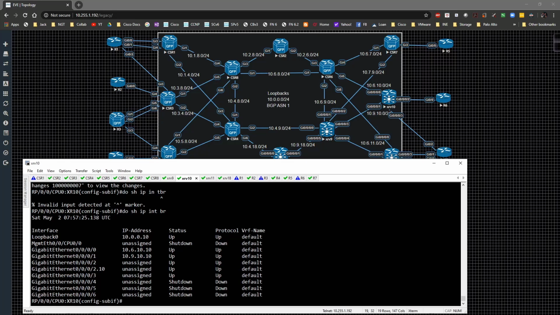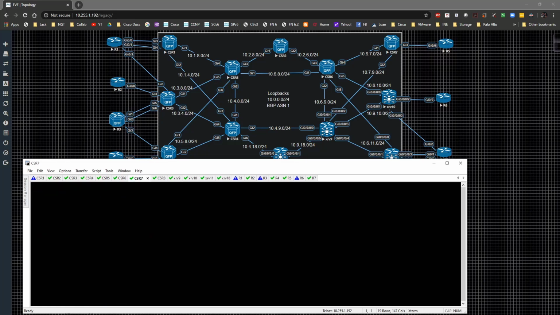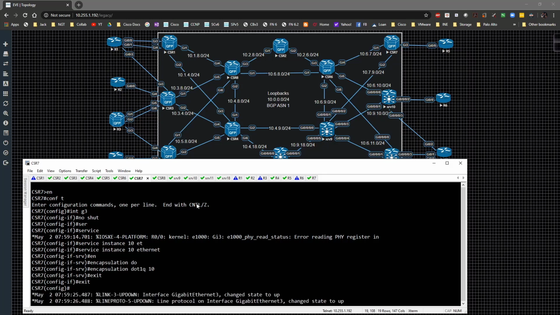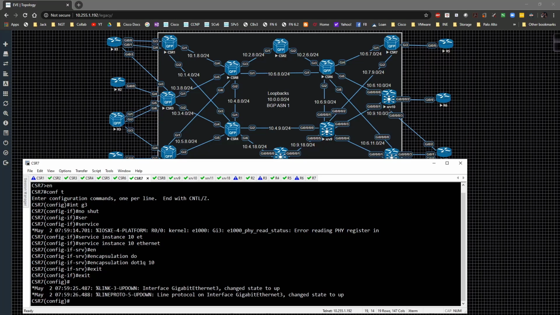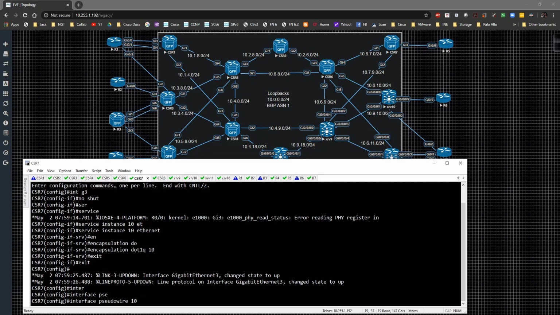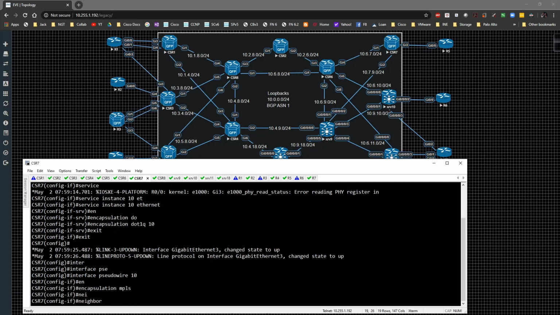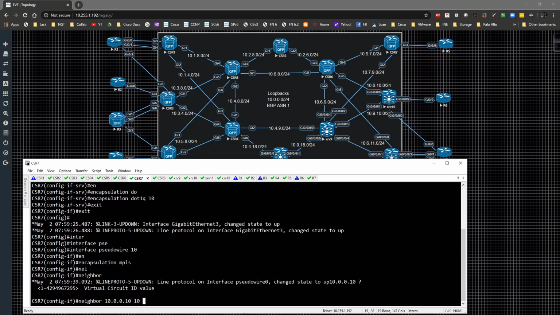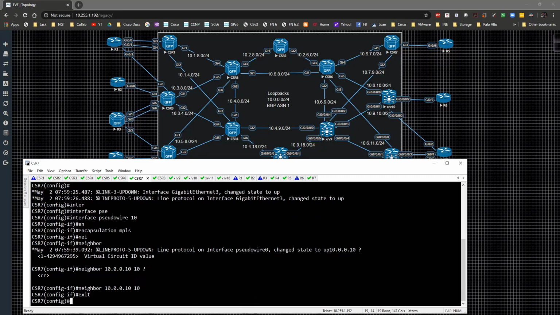So now what I'm going to do is on CSR7, go to global config, interface gig 3, no shut it. We'll do a service instance 10 Ethernet. The encapsulation dot1q will be 10. We're going to exit out of that, and then we'll say interface pseudowire 10. We'll type encapsulation as MPLS, then the neighbor in this case will be 10.0.0.10 with a VC ID of 10, and hit the enter key,